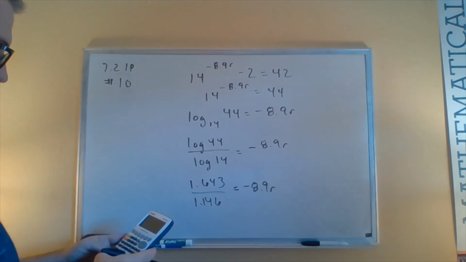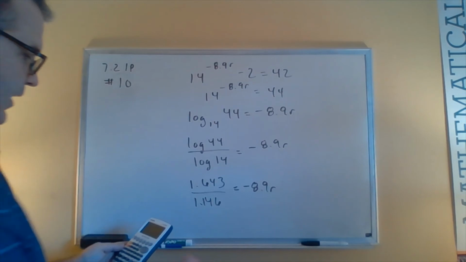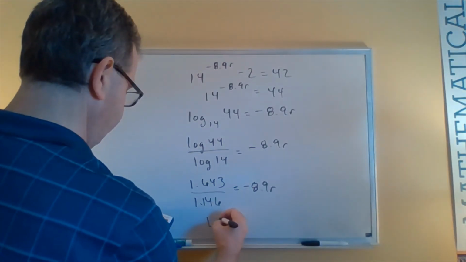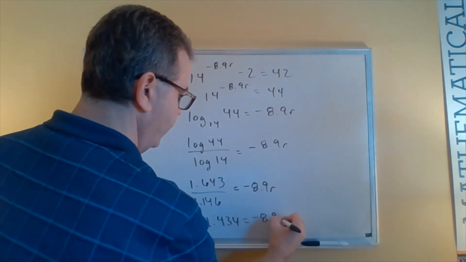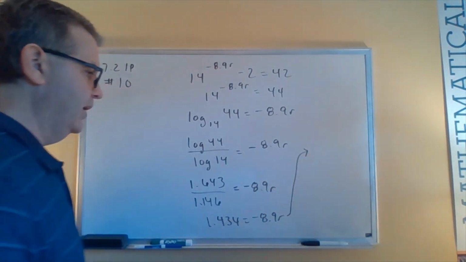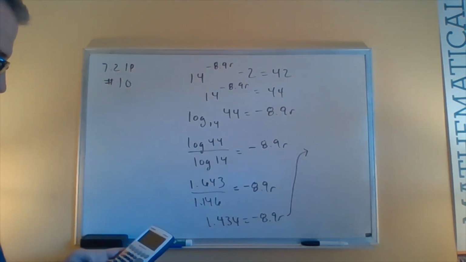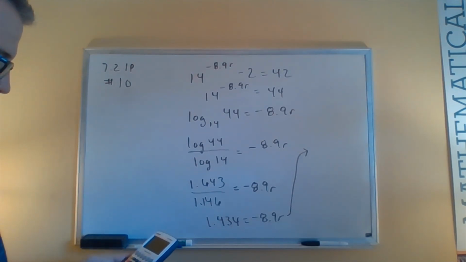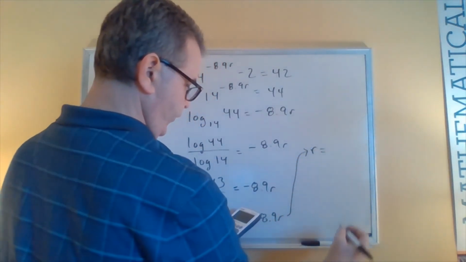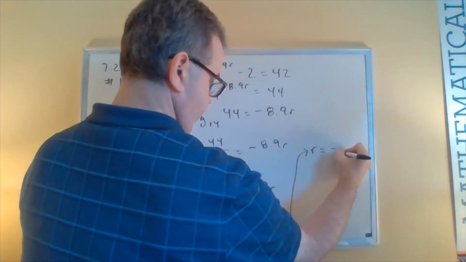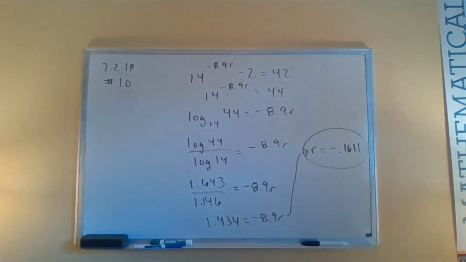Let me do a calculation on the left side here. 1.643 divided by 1.146. That equals 1.434, and that equals negative 8.9r. I'll move everything up over on the right here. I'm going to divide each side by negative 8.9. So 1.434 divided by negative 8.9 is going to give me r equals negative 0.1611. There's my answer for number 10. r equals negative